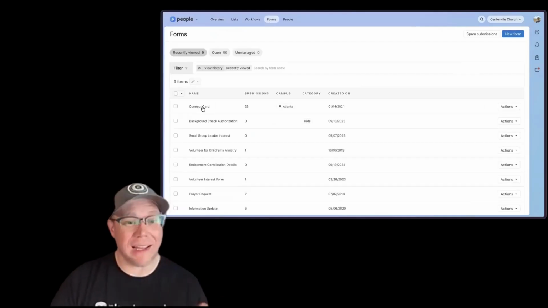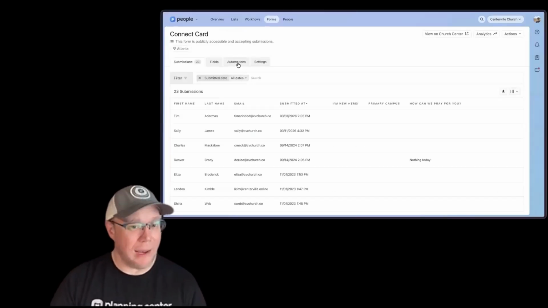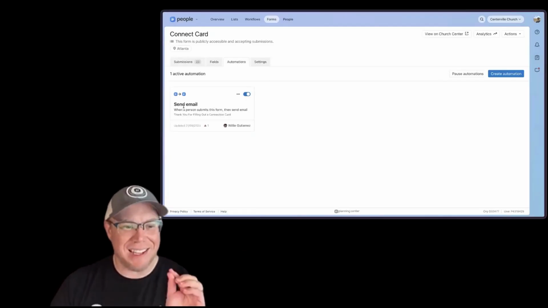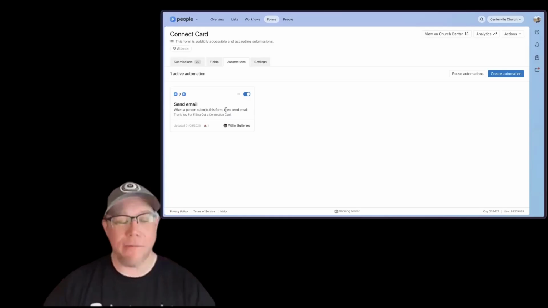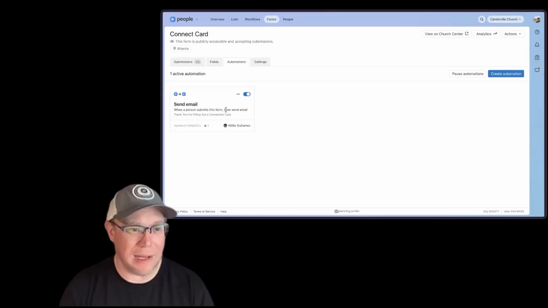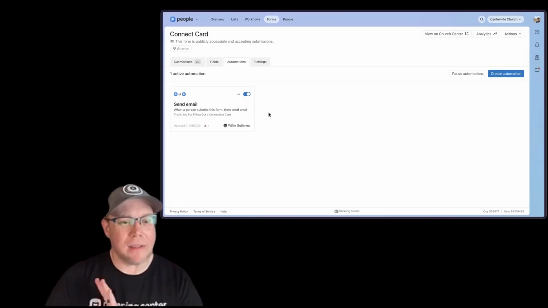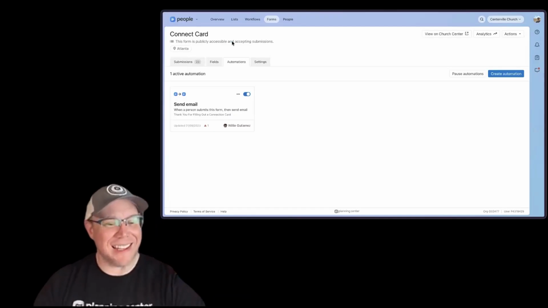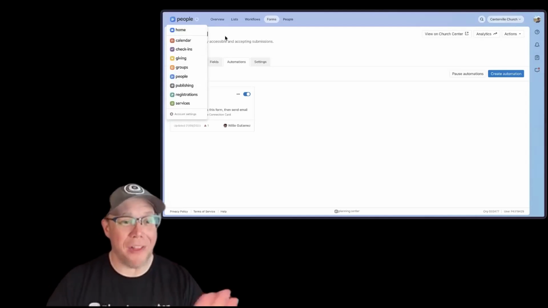So I'm going to go to a connect card in people, and there's an automations tab. Look at that. Okay, I think we're getting it. This one is saying when someone fills out a form, then you can send them an email. All right, that is almost the exhaustive and potentially exhausting thing, but let's just wrap up all the live